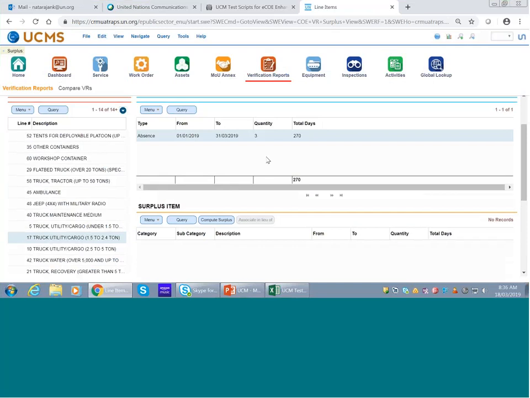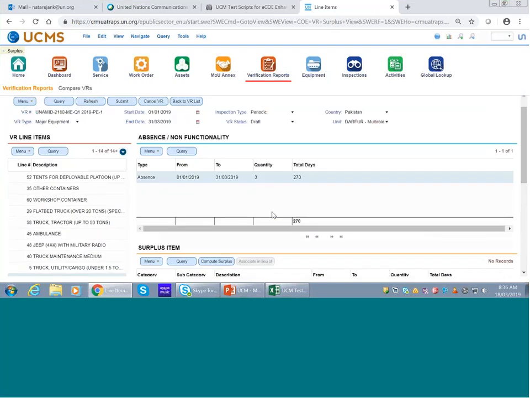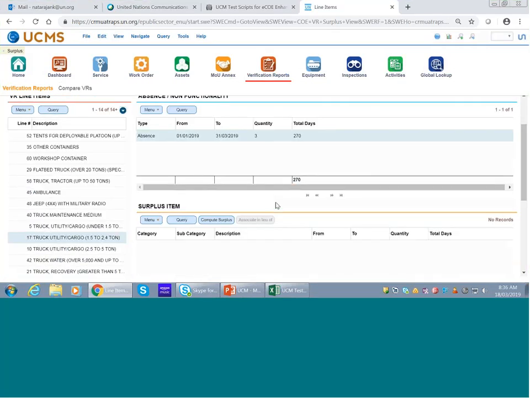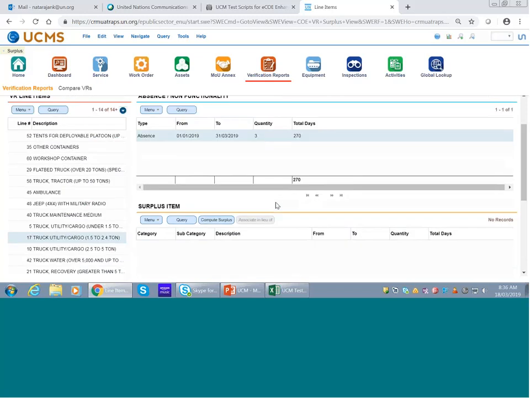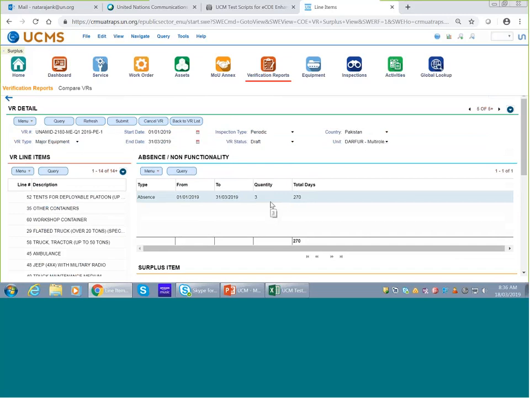If you see this, this absence section has been updated. Previously there was 4 as a quantity. Now I've associated one of the surplus as an ILO, and the quantity has got updated to 3. So once you associate this in the VR, and if there is any change that happens on the days serviceable or the days unserviceable for these,